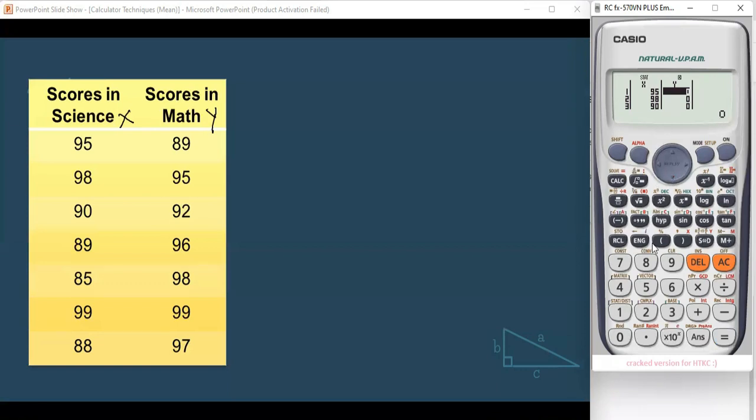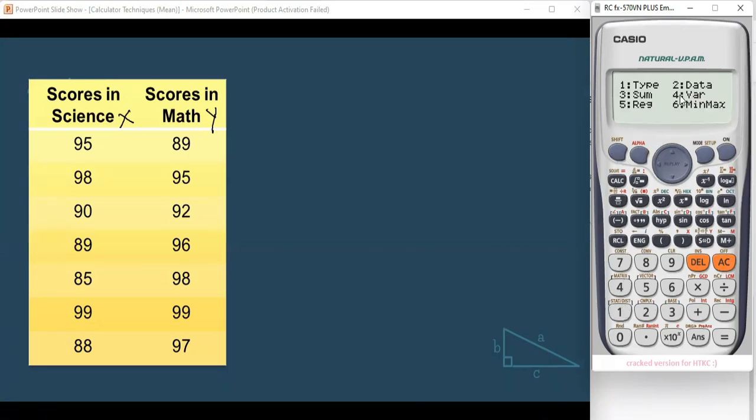So again, dito naman po that is 89, 95, 92, 96, 98, 99, and 97. So katulad po ng ginagawa natin dati, we need to click AC po muna, then shift 1,